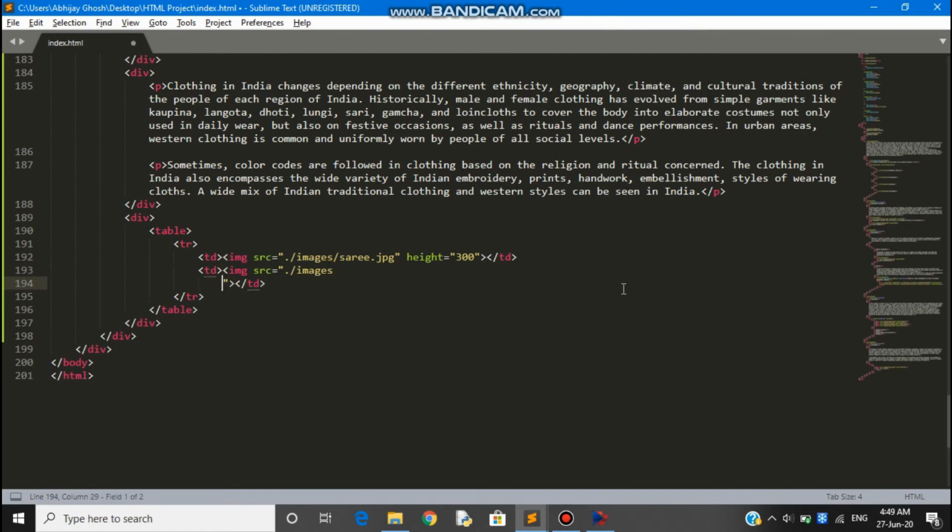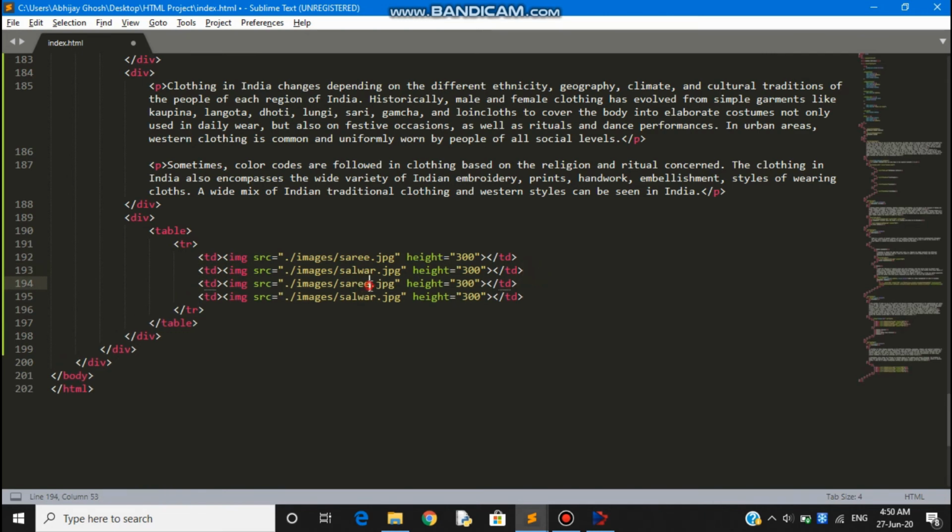You can see in the folder I have selected the 4 images. The height, it's up to you what height you want. I have given 250. The second image will be for salwar.